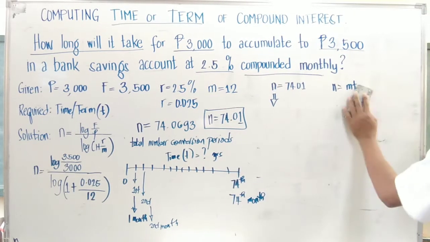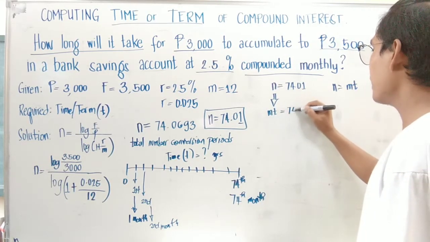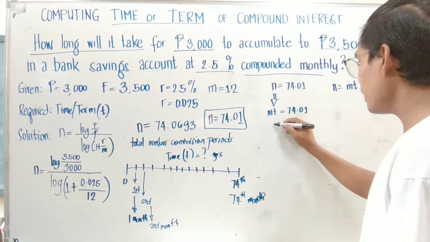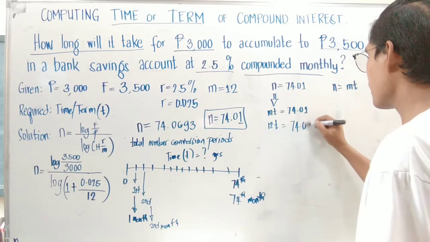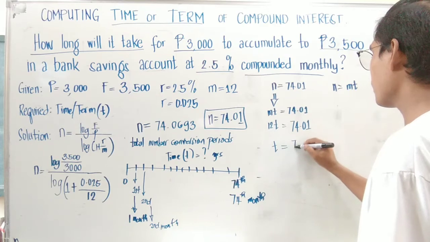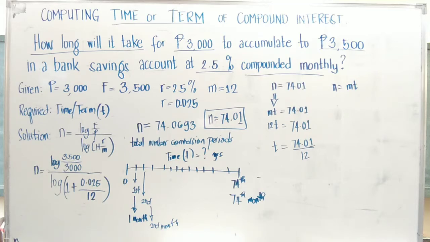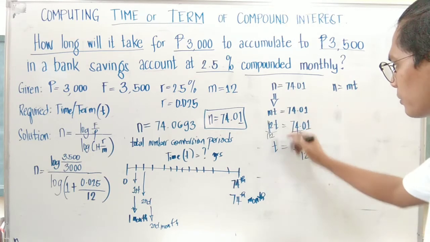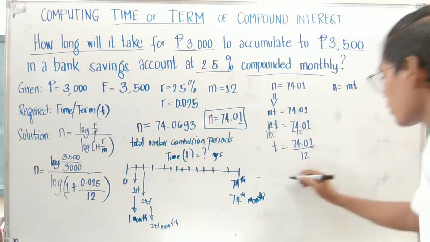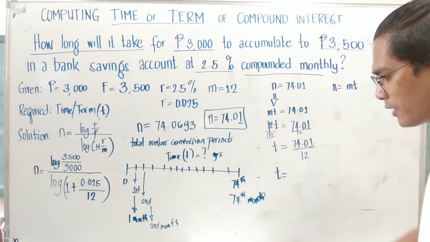Okay, so we can write it as mt equal to 74.01. Isolating t and substituting m as 12, 12t equal to 74.01, we will have t is equal to 74.01 divided by 12. Okay? Dividing both sides by 12, such as 12, 12. So, t will remain. Okay? So, therefore, t is equal to, using our calculators and dividing, we have